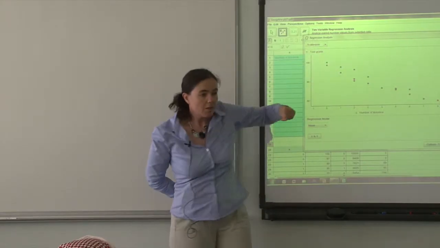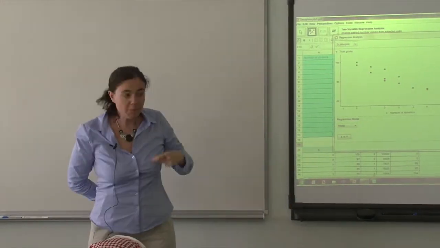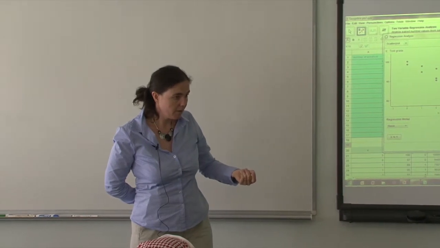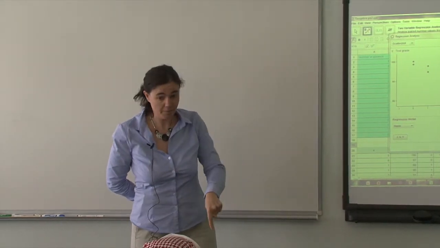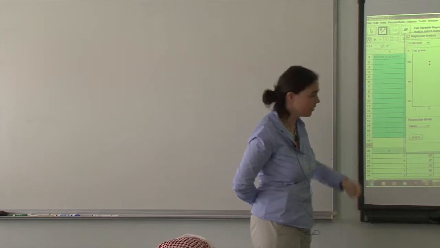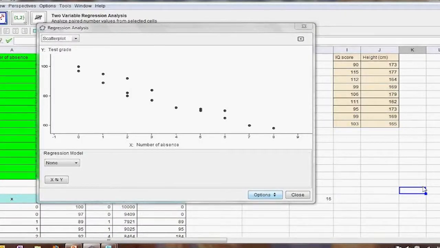It means if the number of absences is increasing, your grade is decreasing. So it's a negative relationship. Can you draw a parabola or a line here? Exactly. So most probably this one will be a linear